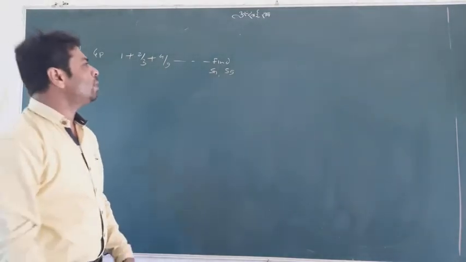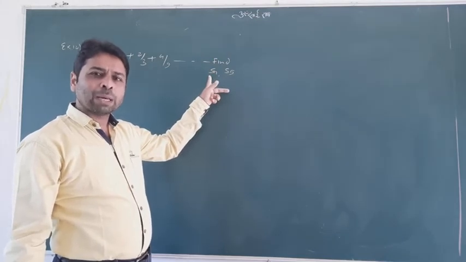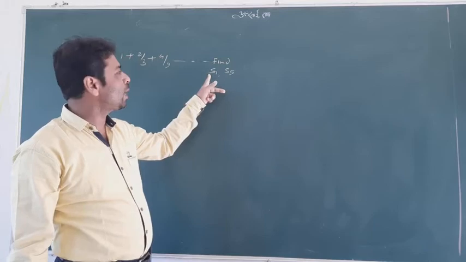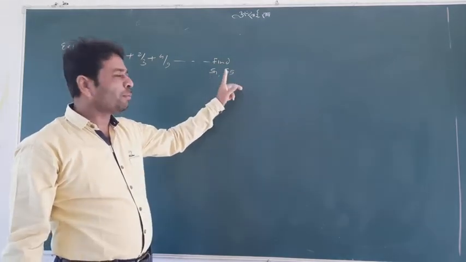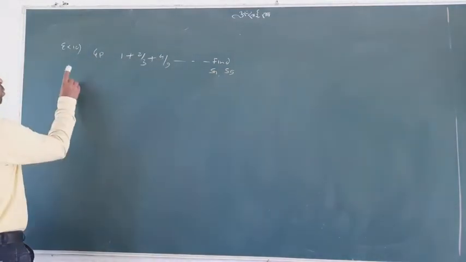You don't worry, with two things we have to find out: the sum of n terms. Whenever we need to find the sum of n terms, the answer will be in the form of n, because we are told to find the sum of n terms in symbolic n. But this is the sum of 5 terms, so definitely it will be a numerical answer. So how to solve this question? Look, I tell you.